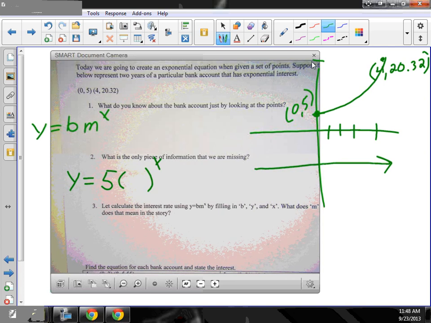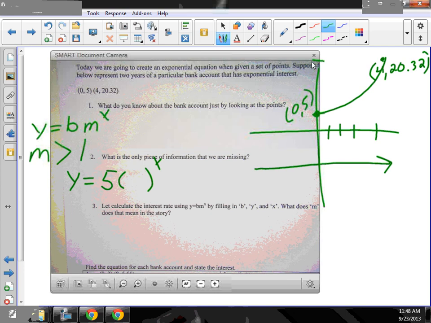And if you think about it, the m value is the rate of increase. We know this is going up, so m has to be greater than 1. If m equaled 1, that's 100% of your previous value, and you wouldn't be increasing at all. If your m is bigger than 1, then your money is growing. If your m is smaller than 1, then your money is shrinking. So all we need is m,